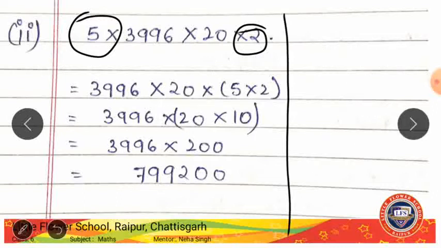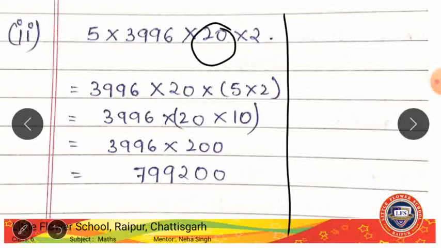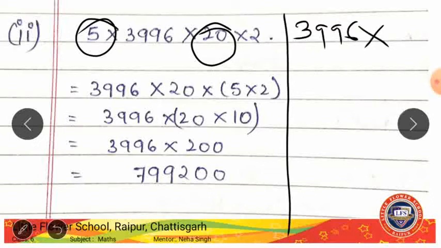Yes. Now pairing, it is not necessary that I do these two pairings first, so you will have to do these two pairings first. In this question, both the pairings can be done. See, I can pair these two numbers also, and I'll get 100 directly. Let us see how. 3996, right, into 5 into 2 we will write, into 5 into 20. 5 and 20 we will keep in brackets since we are solving that first.